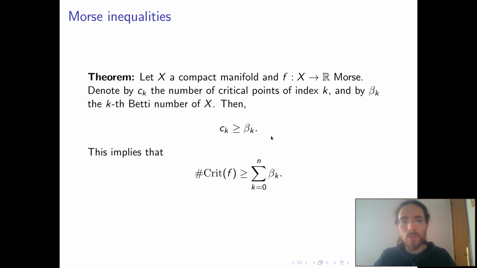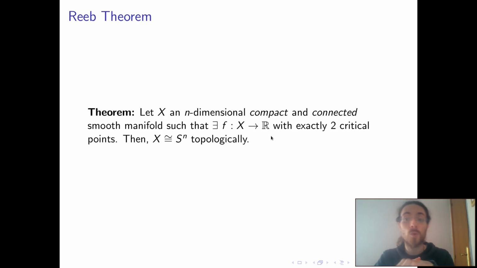So to begin with, I'm not going to jump directly to the proof of these inequalities, because this is the motivation to develop the whole Morse theory. First, I'm going to present a similar result, which is the Reeb theorem. The idea of the Reeb theorem is that if you have a compact connected smooth manifold of a given dimension, and you have a function on this manifold that has exactly two critical points, then your original manifold is